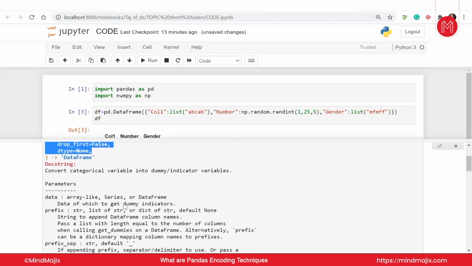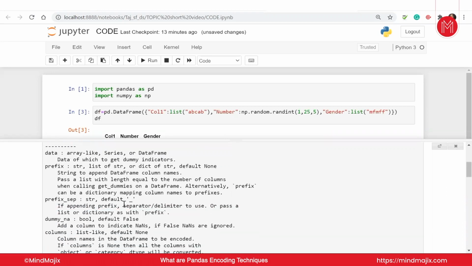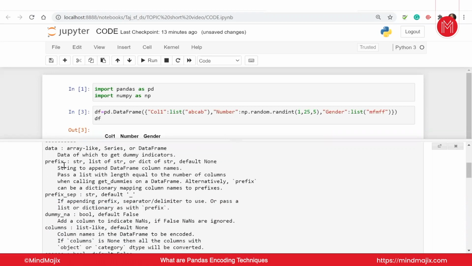Converting the values, guys, as you can see in the definition, data and the prefix, and prefix separator. So guys, prefix is if you want to add any string in front of the name. So if we are converting it, we can add a prefix to it. That simply gave us the idea, okay, this is how it works.